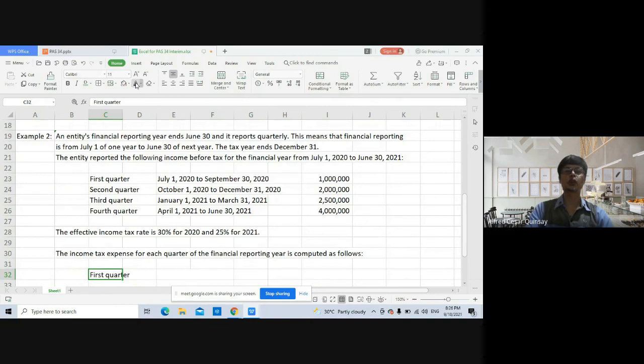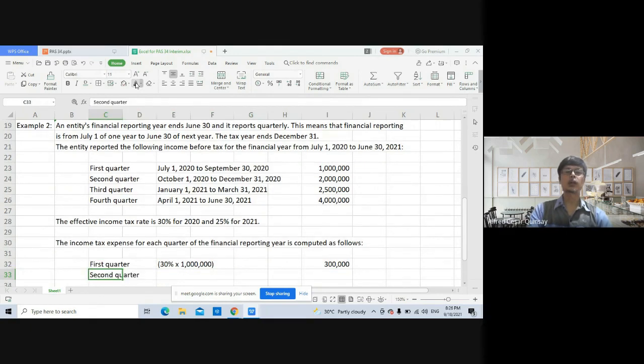For the first quarter, 30% of 1 million gives you 300,000. For the second quarter, we are still using 30%, because it is still 2020. So 30% multiplied by 2 million